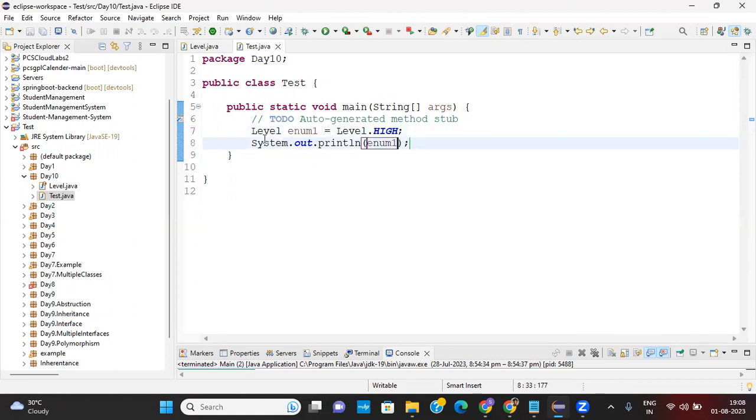This is one way we can do this, and there is another way, we can use the switch statement. Basically, enums are often used in switch statements to check for corresponding values. So if I run this,